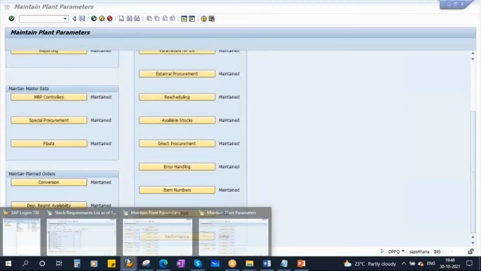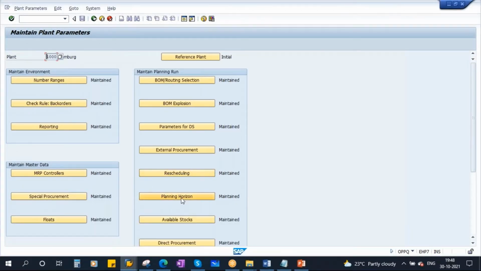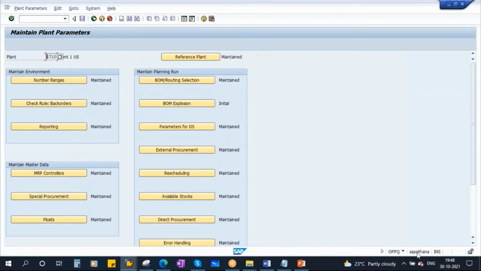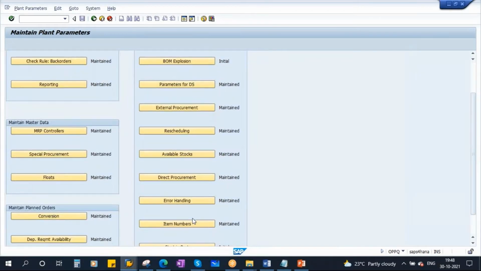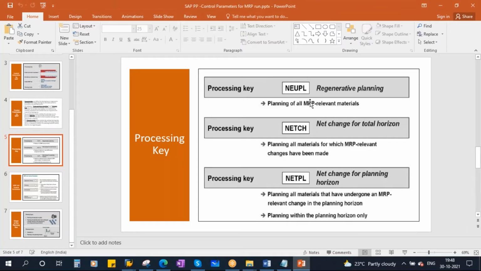It is not required because it's already very fast. But in ECC you have that planning horizon, but in S4 HANA it is not. This is the S4 HANA system. They removed it.